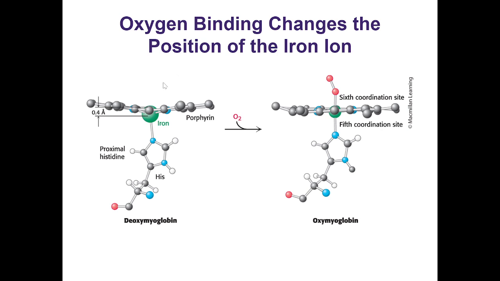This is going to cause things to not attach quite as easily, right? Okay. And so when oxygen attaches to this, it's going to suck it up into the ring. This is going to make that less energetically favorable to attach that sixth position than it otherwise would be if we did not have this proximal